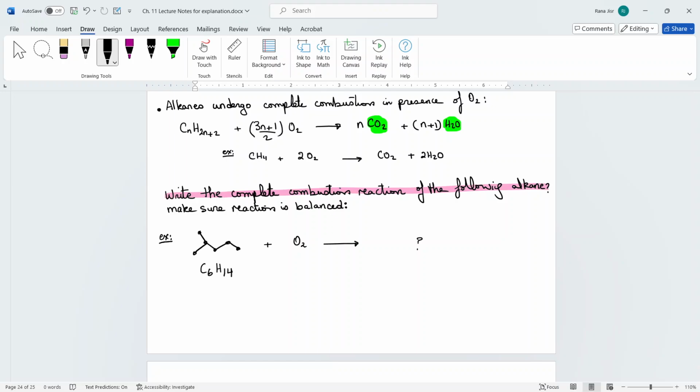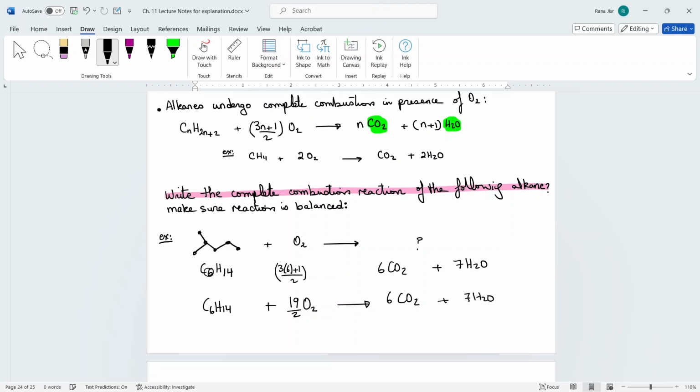CnH2n+2. So my n is equal to 6. If I want to go ahead and balance that, that is going to be equal to (3 times 6 plus 1) divided by 2 oxygen. And I'm going to end up getting 6 carbon dioxide plus n+1, which is 7 water molecules in there. 6 times 3, this is 18. 18 plus 1, this is 19 over 2. So this is going to be 19 over 2 oxygen giving me 6 carbon dioxide plus 7 water molecules plus, of course, my